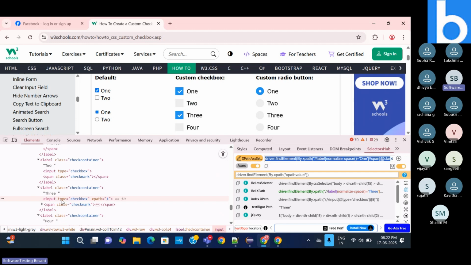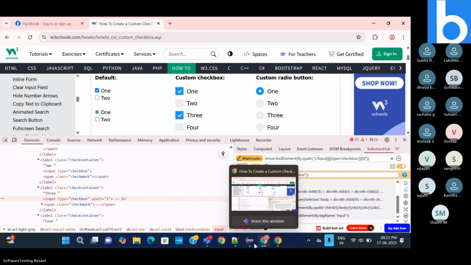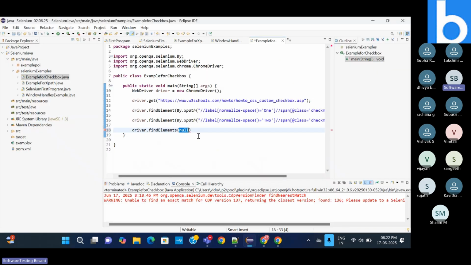So we can use CSS selector. Here also you can find it. You can use XPath also, but that is particularly for showing a single element. We cannot use SelectorsHub for all the elements. We need to find the common values. So I will use CSS selector here, because the input tag is present and the attribute type is present. So find elements, by dot